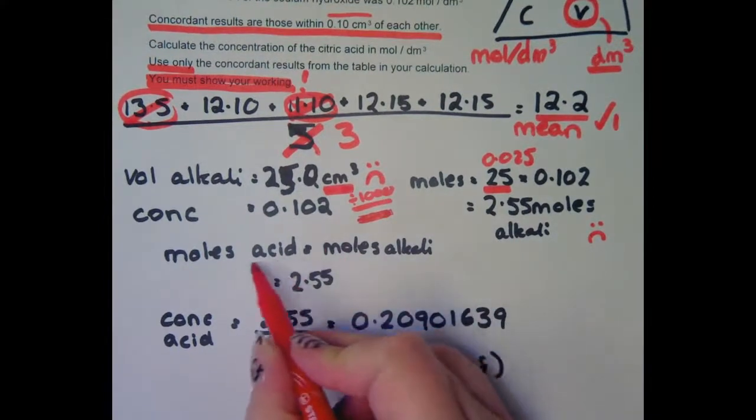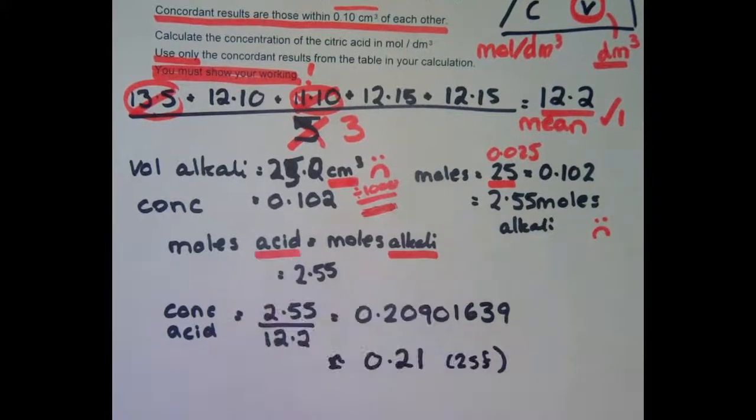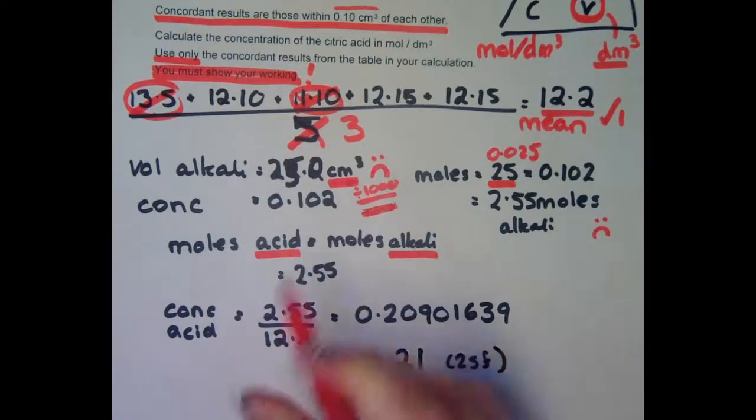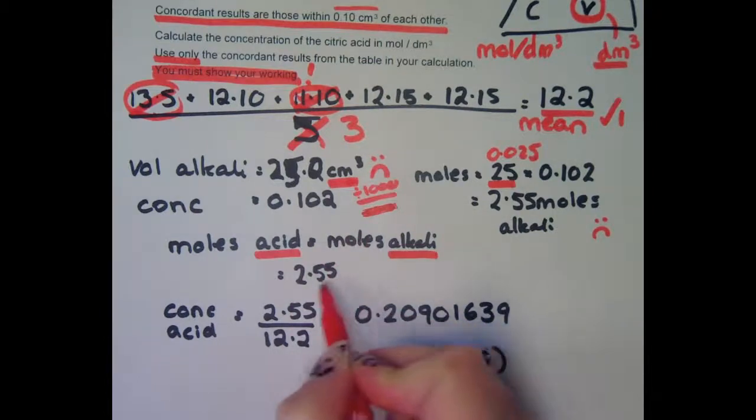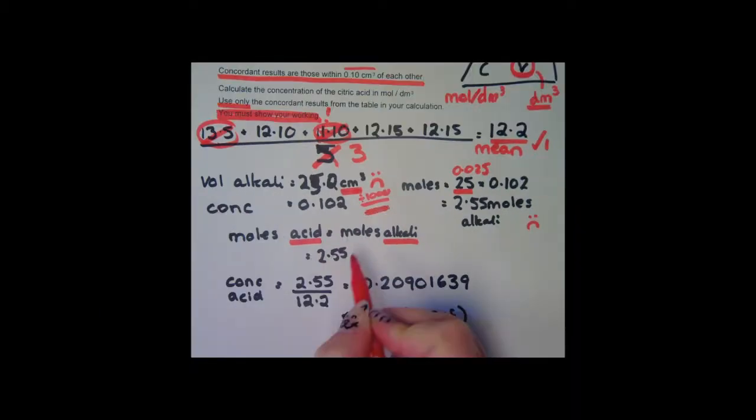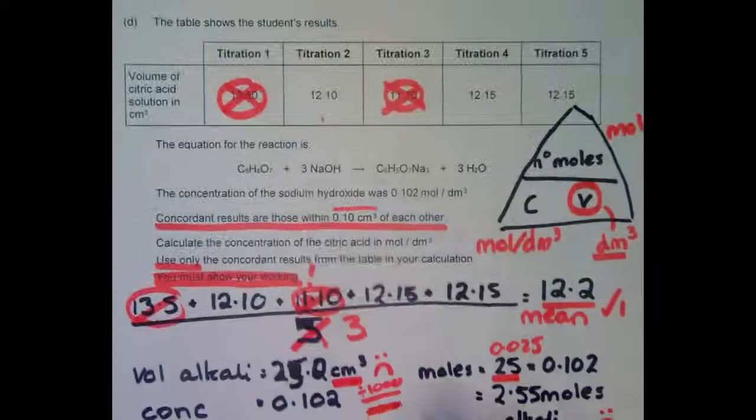They have then stated that the number of moles of the alkali is equivalent to the number of moles of the acid. So if there's 2.55 moles of the acid, there must be 2.55 moles of the alkali. And in some cases, that is true. To check whether or not that is right, what you need to do is have a look at any equation they've given you. And if they haven't given you a balanced equation, you must go and balance it yourself. So going back up here,